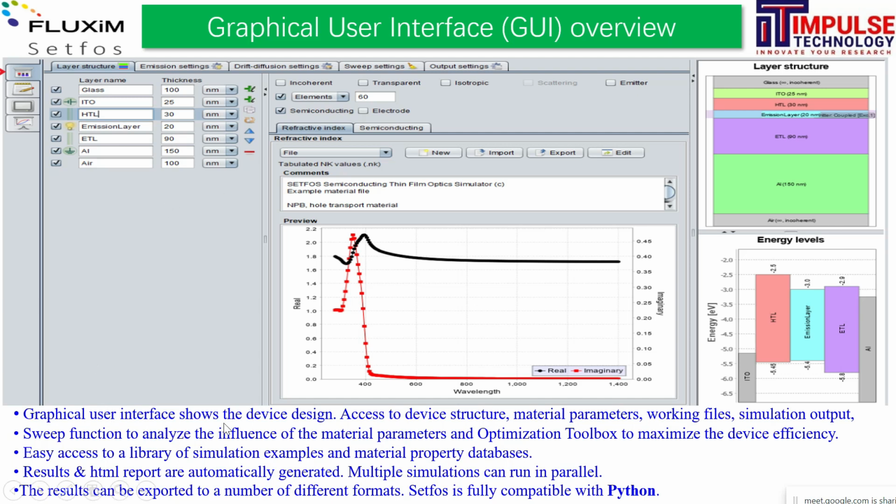You can sweep the parameters, whatever parameter you want, to see the influence of the material parameter, and optimize with the toolbox to maximize the device efficiency. Suppose you want to perform a sweep from one particular voltage to another particular voltage. So multiple calculations can be done and it can predict the results at various steps.